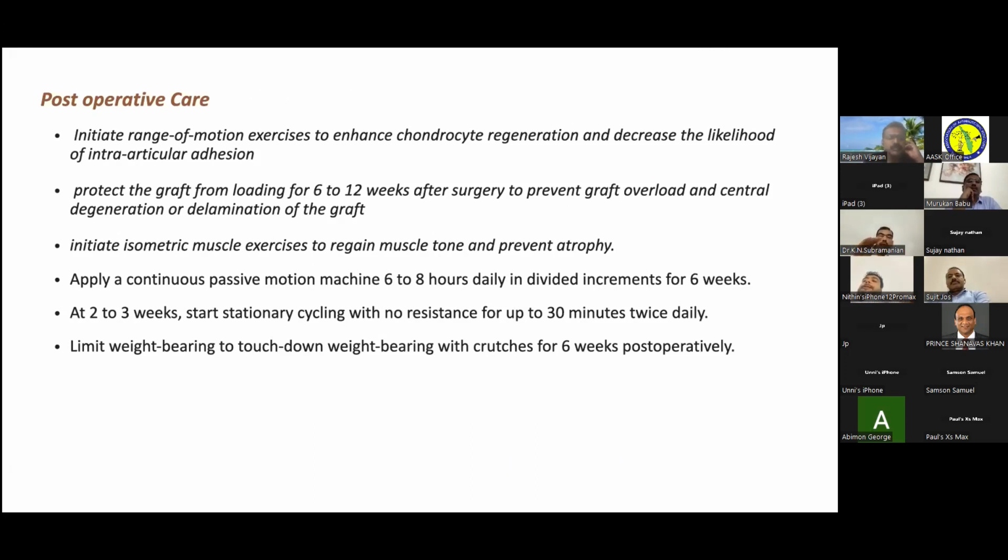So you have to protect the graft for about 6 to 12 weeks after surgery. So they have to be non-weight bearing and no range of movement for that period. And up to 2 to 3 weeks time, you can start doing static VMO exercises, but not range of movement exercises or weight bearing. So weight bearing should not be done for about 6 weeks. After that, you do protected weight bearing for another 6 weeks. So this is the normal rehab protocol for